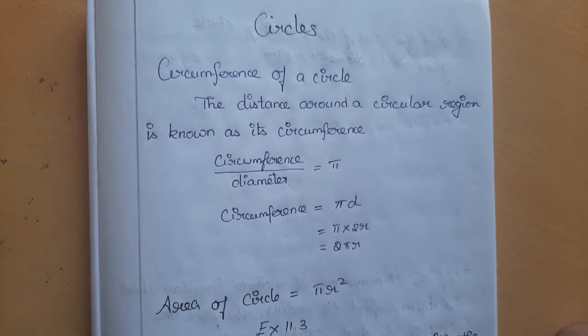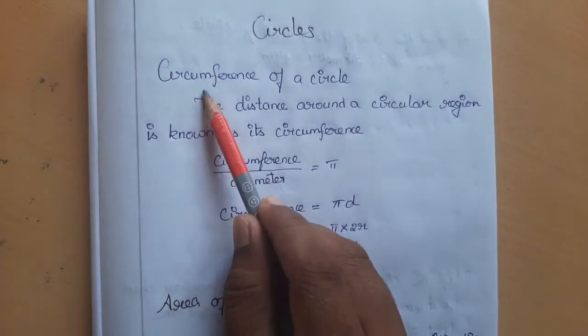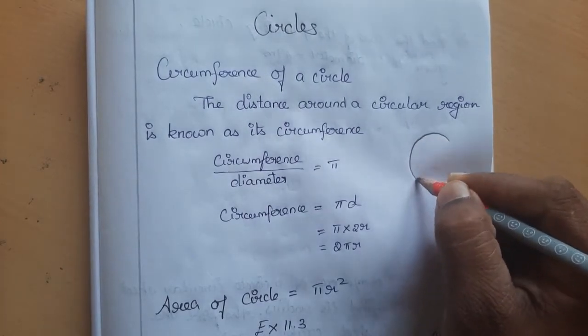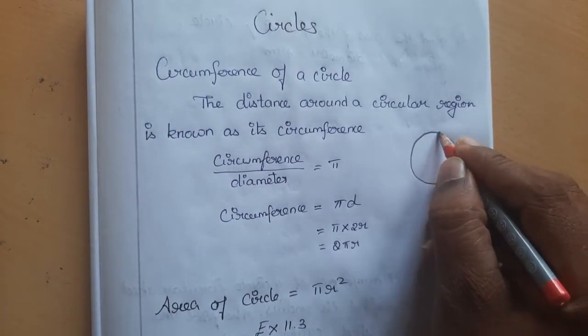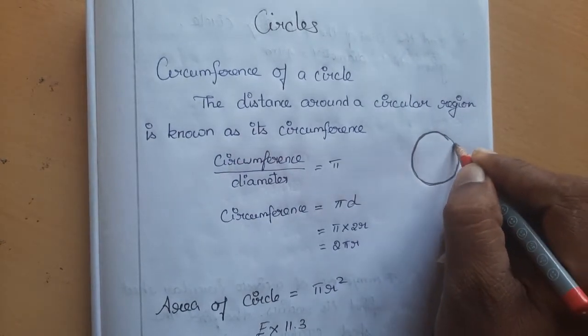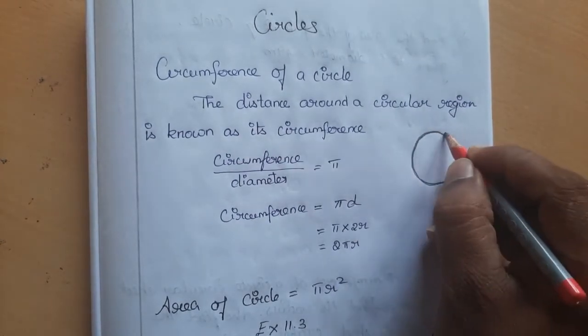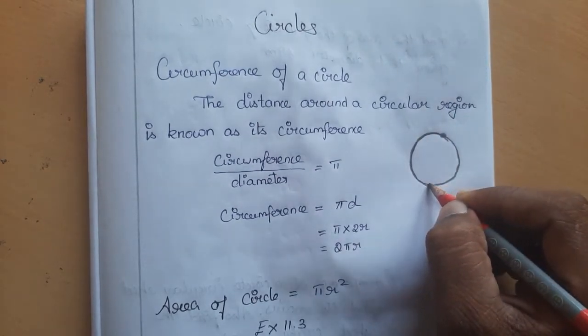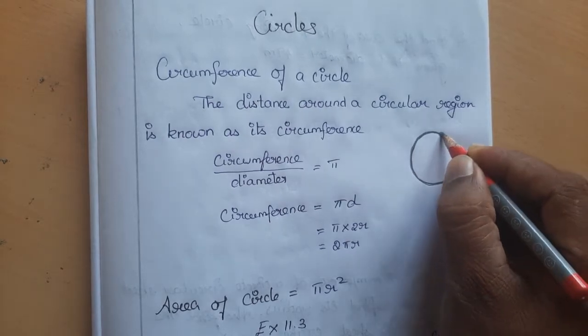Hi students, here we are going to learn about circles, the circumference of the circle. Circumference of the circle means the boundary of a circle, you can see this outer boundary. It is a connected curve, right? So this distance is called the circumference, the length of this. We can find this by using a thread. So you can keep a thread and we can calculate the length.